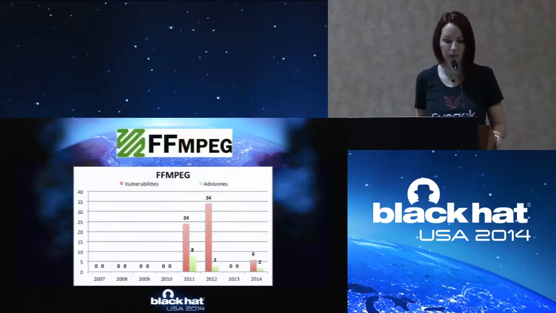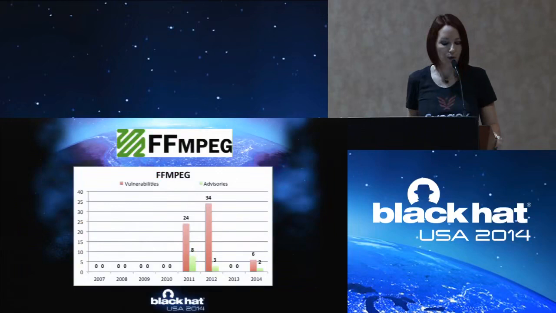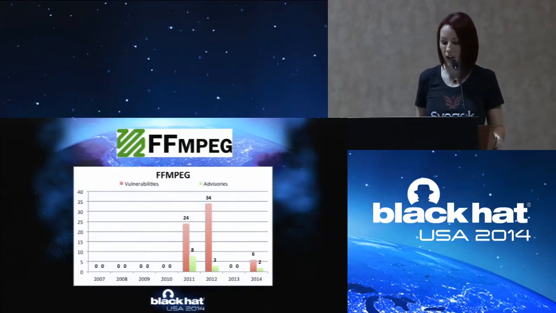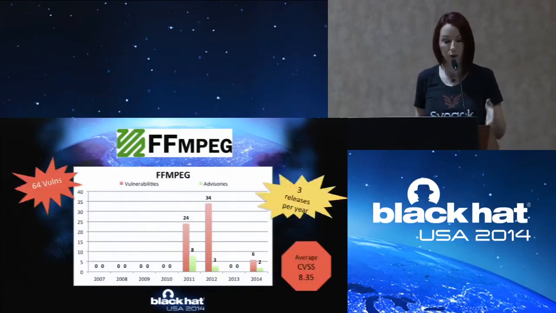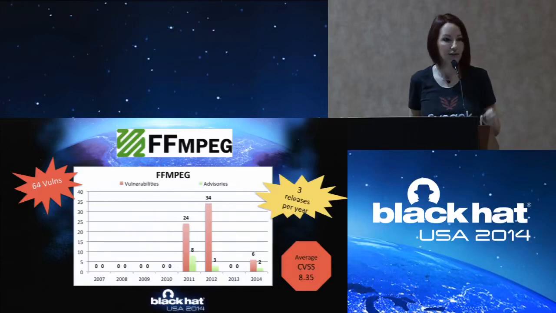So countless applications. The last one we're going to run through really quickly is FFmpeg, and it has only been releasing advisories since 2011, so it's a slightly truncated view. 64 vulnerabilities with 3 releases per year and an average CVSS score of 8.35. This is a lot of fixes when they do release, at least in the first couple of years, as you can see. And this is a complex piece of video processing software that everybody who uses it has to do